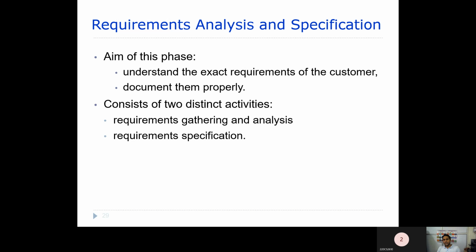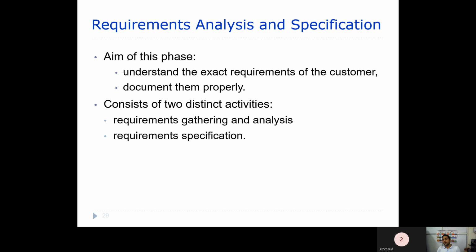Usually this phase carries two distinct activities: one is requirements gathering and analysis, and the second one is requirement specification. First you need to gather the requirements from the client, okay, and then you need to analyze those